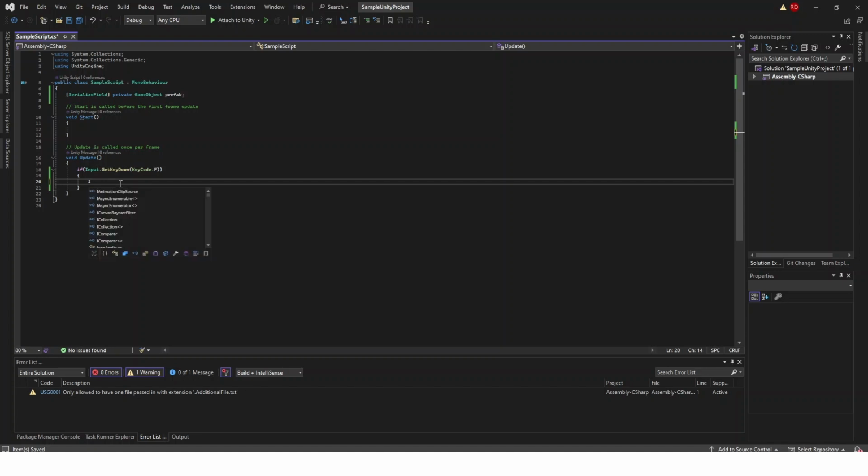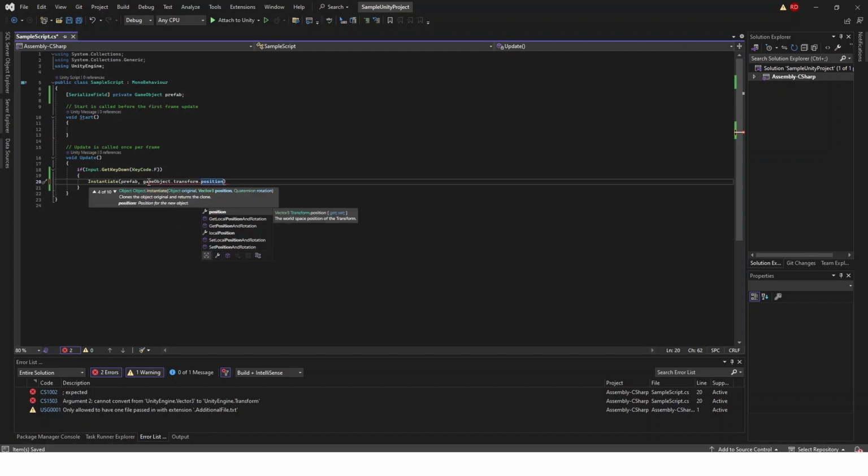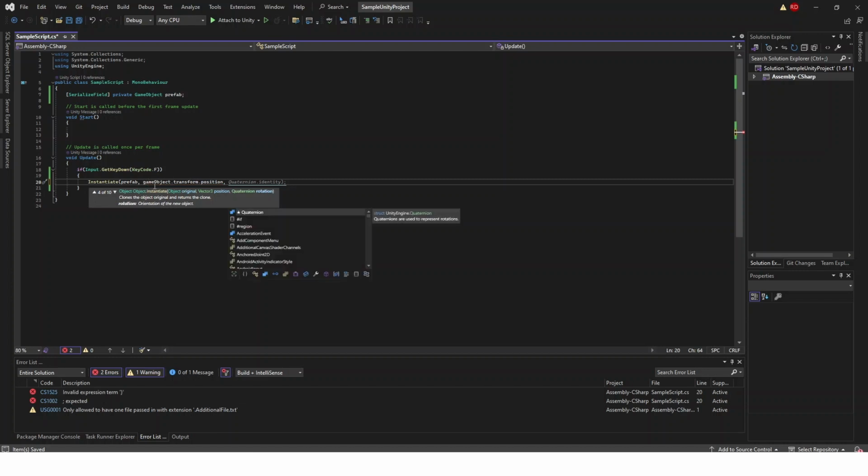So what we'll do is I'll type Instantiate, and then it's going to look for a few parameters. It's going to look for the prefab itself. It's going to look for a place to instantiate it. So we can just write gameObject.transform.position, and that just means it's going to make this prefab wherever this game object is. So it's just taking the transform.position of this game object